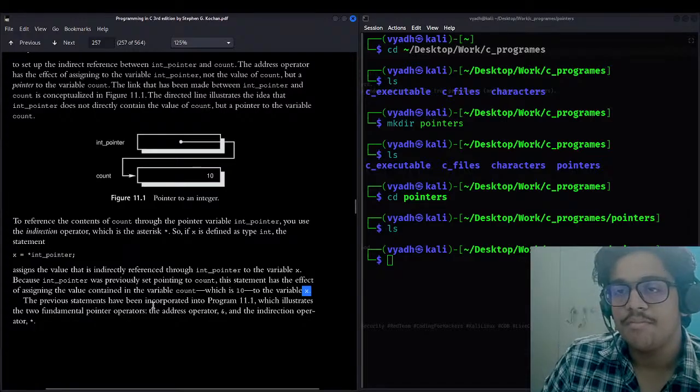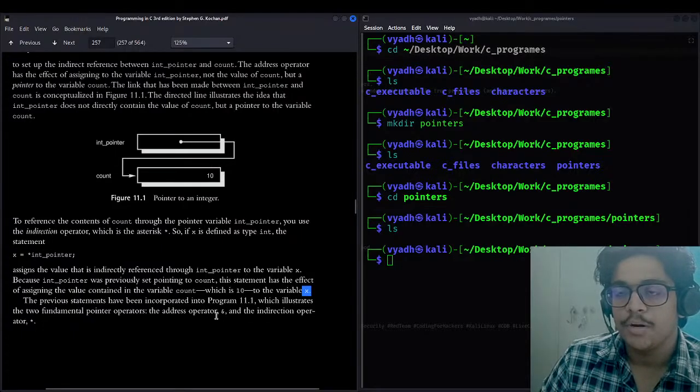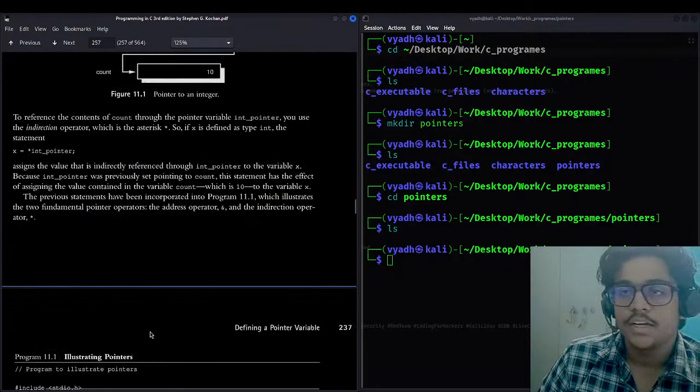The previous statements have been incorporated in program 11.1, which illustrates the two fundamental pointer operators, the address operator and the indirection operator, that is asterisk. Two operators that we will be dealing with.